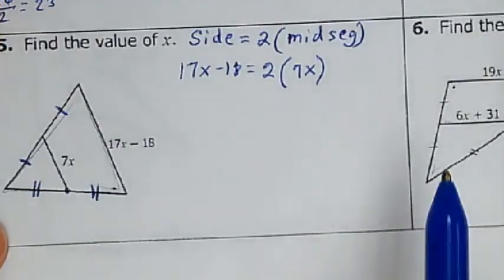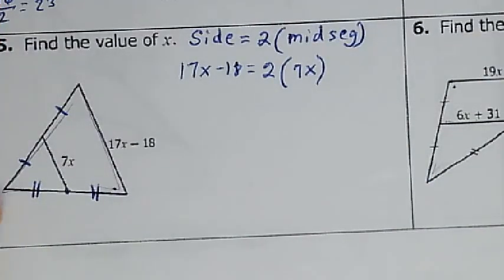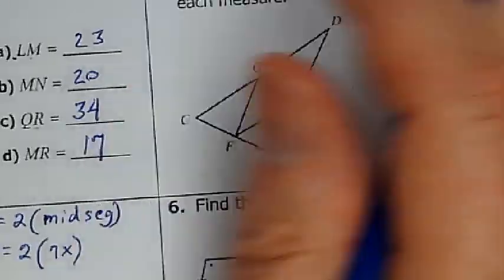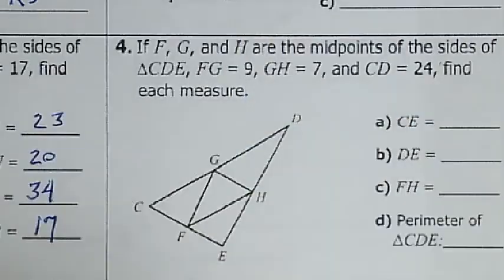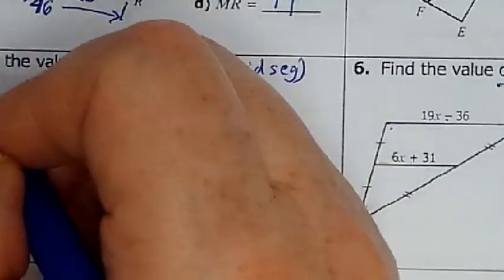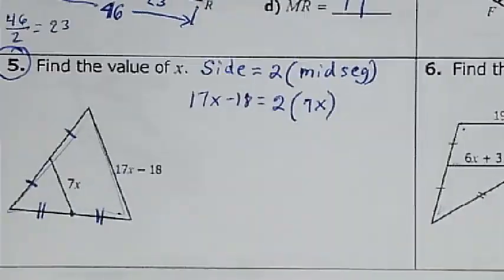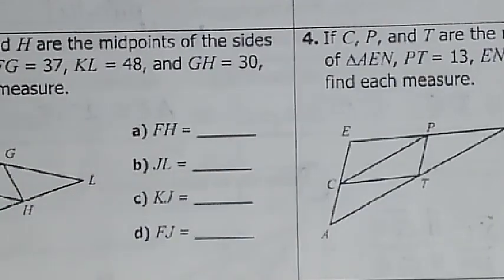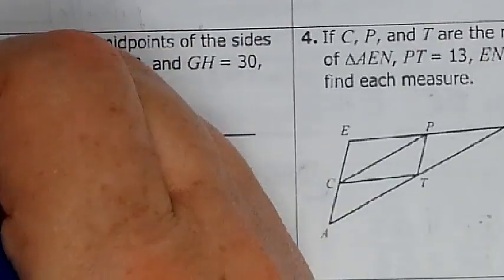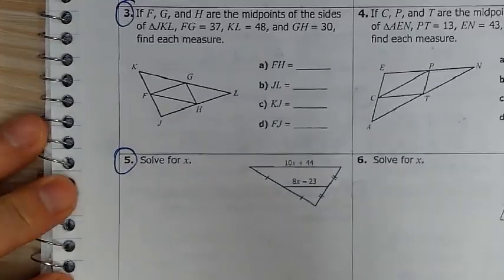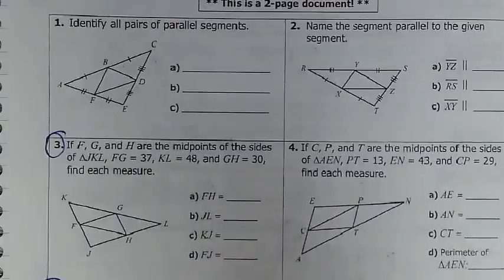So, as an assignment, you're expected to do number 4, number 2, number 5, flip the paper over, and just do 3 and 5. I think that's fair. If you could do those, you could handle anything on the test that comes your way. So that's the end of the assignment, the lesson